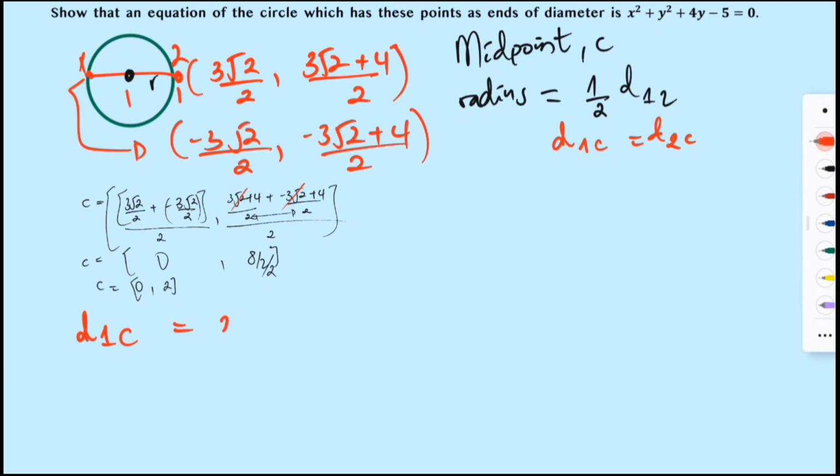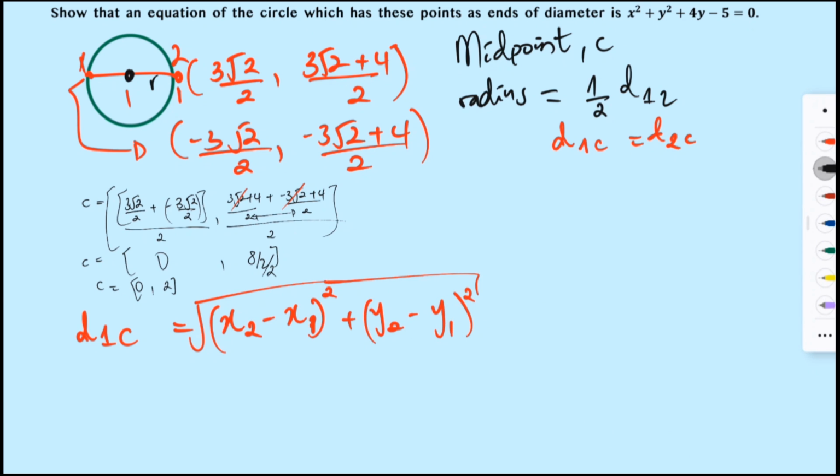Don't forget, you can also use your formula booklet. You subtract both of the corresponding coordinates, square them, take the square root. Keep in mind the order does not really matter, because